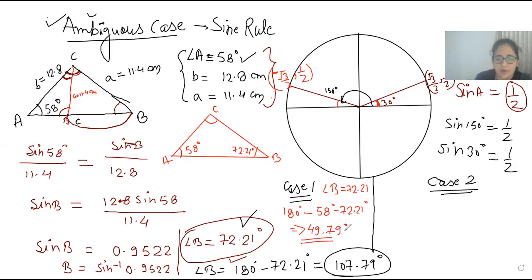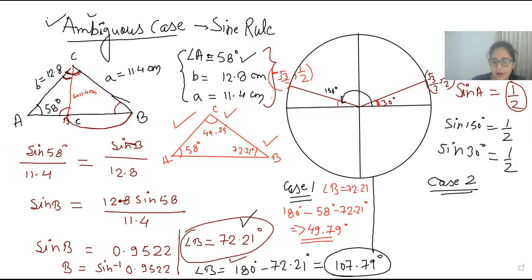So now the triangle is 49.79 degrees. So the first case is this. From the given information, you can draw a triangle where angle C and angle B are acute angles. Next, case 2. I'm going to change color. Okay. Next case, where